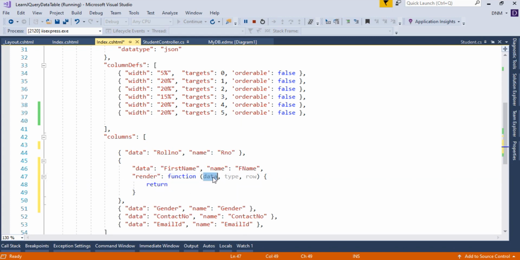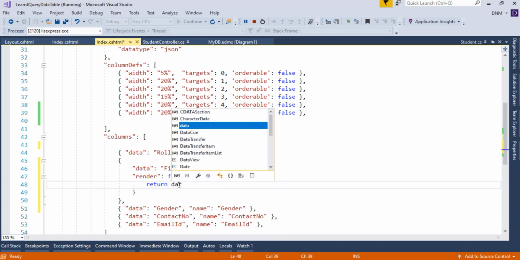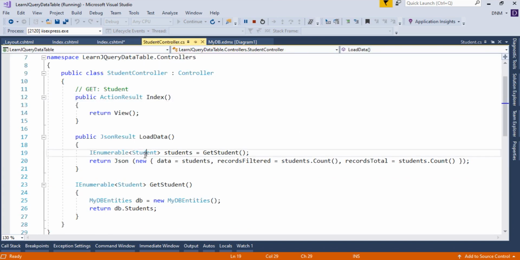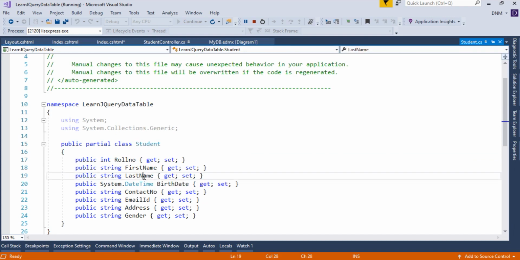So here again we know that we have to return a string. So in data you will get a first name, right? So here I'll say data, then I'll use concat. For concatenation here we have to use plus sign, then I'll specify the space, and then after that I want to retrieve the last name. Okay, so if you check our student class, how is last name represented?